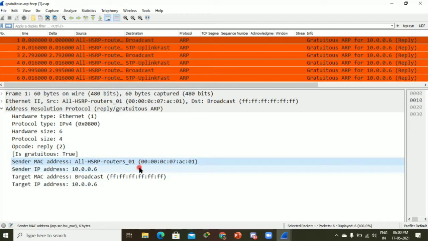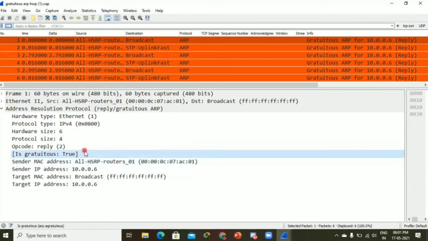For example, instead of having one router as the default gateway, here we have two routers as the default gateway, and the two routers function as a single logical router. The MAC address for the virtual router is 00:00:0C:07:AC:01. The 01 represents the group, which is the virtual MAC address.